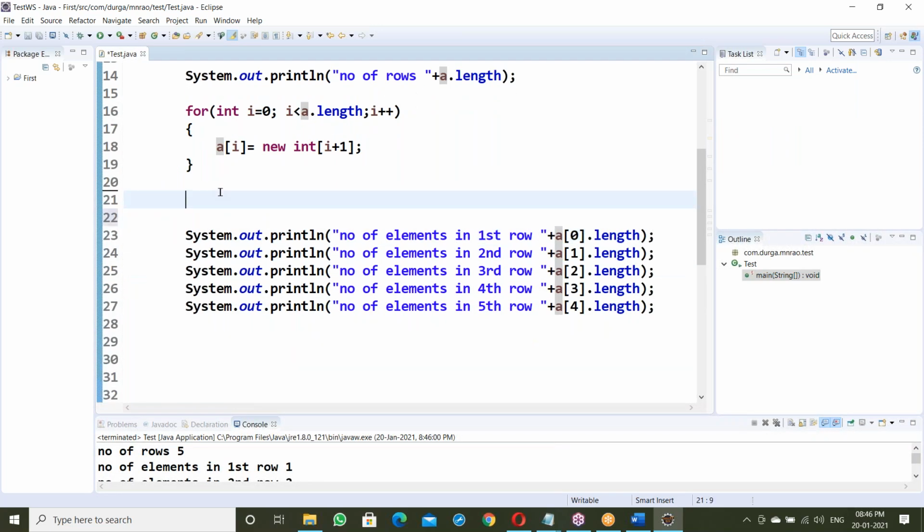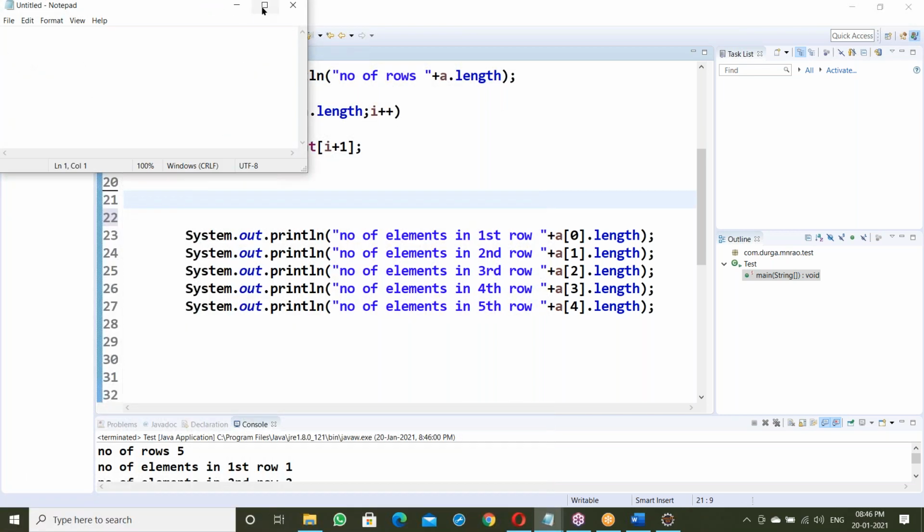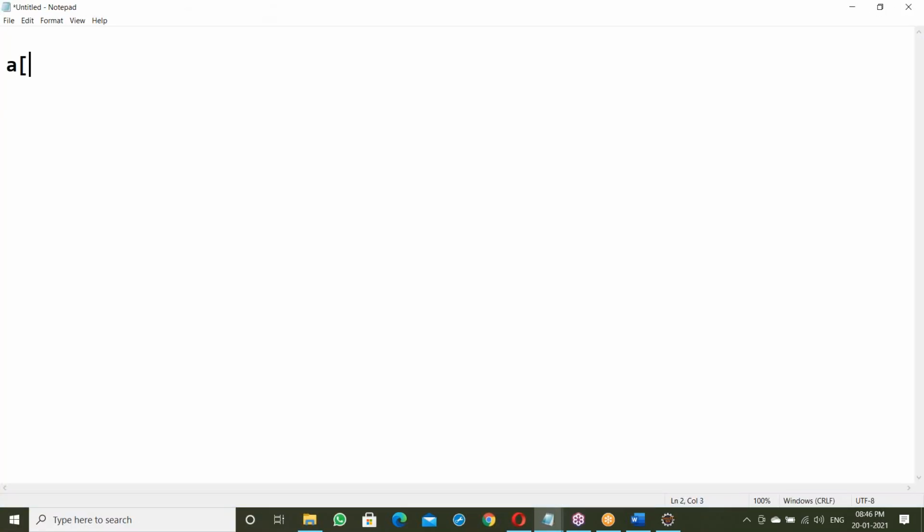So what is the next step here? In the next step, values. A of 0, 0, its value is 1. Right? In the first row, only one element. Second row, A of 1, 0: this value is 1.